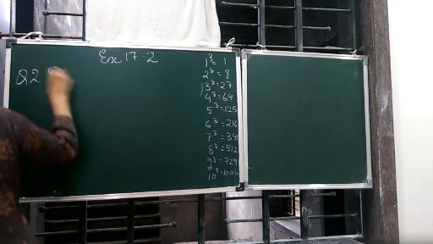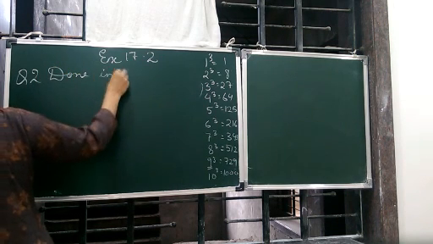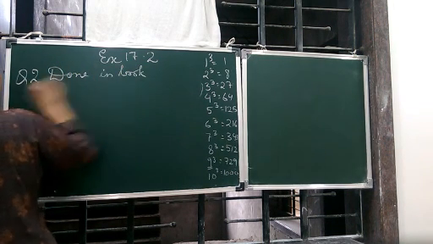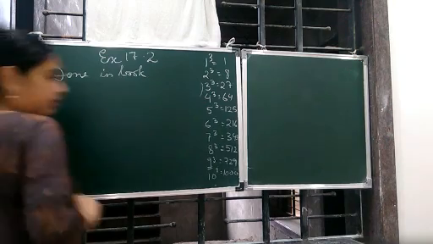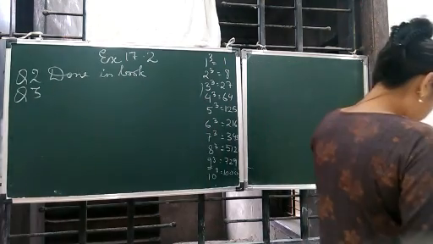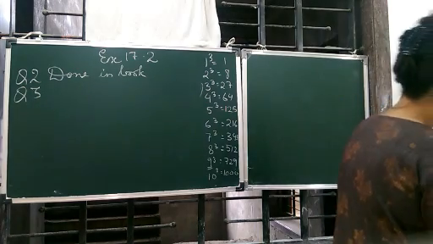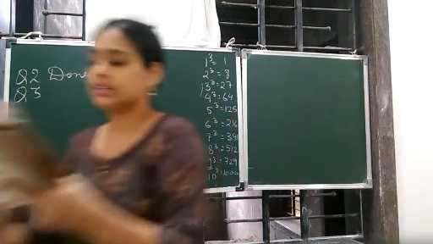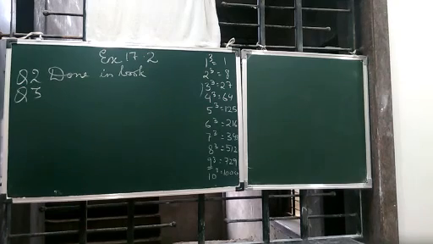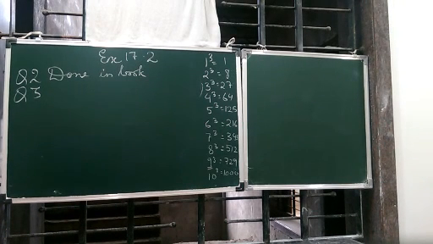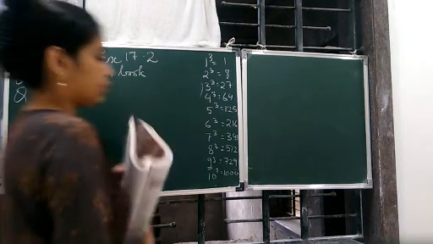Question number 2 we have done in book. So if you want, you can write like this. It's being done in book. Now we are starting with question number 3. Question number 3 is, you are told that 1331 is a perfect cube. Can you guess without factorization what is its cube root? Similarly, guess the cube roots of 3 other numbers also.